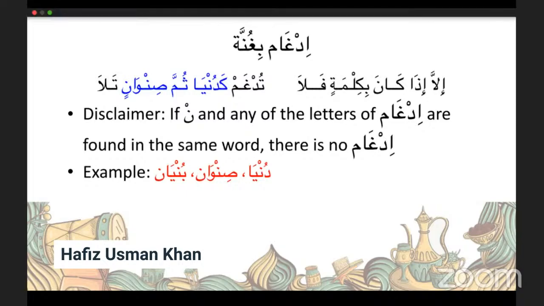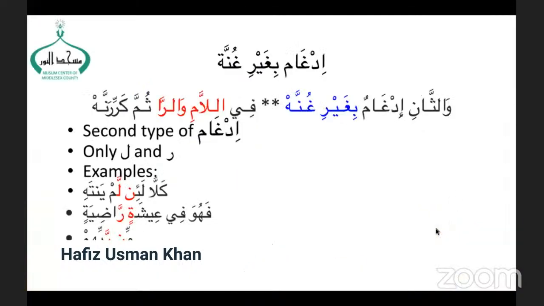And so moving on, we're going to talk about the second type of idgham that Imam al-Jazari rahimahullah mentions in his poem. He says, وَالثَّانِي إِدْغَامٌ بِغَيْرِ غُنَّةٍ فِي اللَّامِ وَالرَّا ثُمَّ كَرِّ غُنَّةٍ. So the translation of this is that the second is idgham without ghunna in lam and ra, and you repeat the ranna. Karri ranna refers to